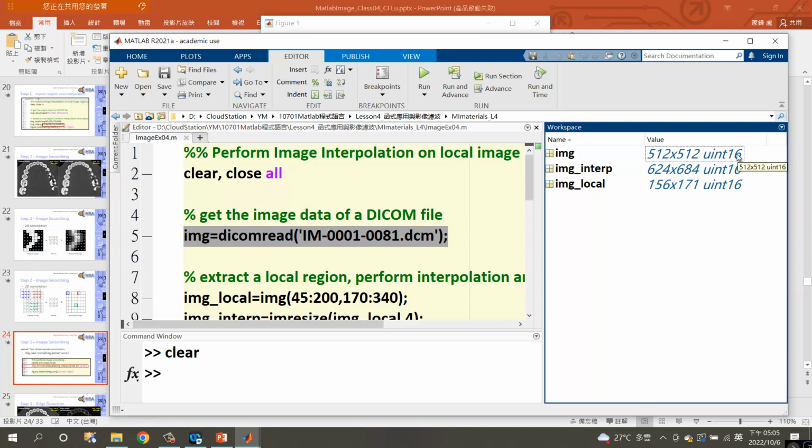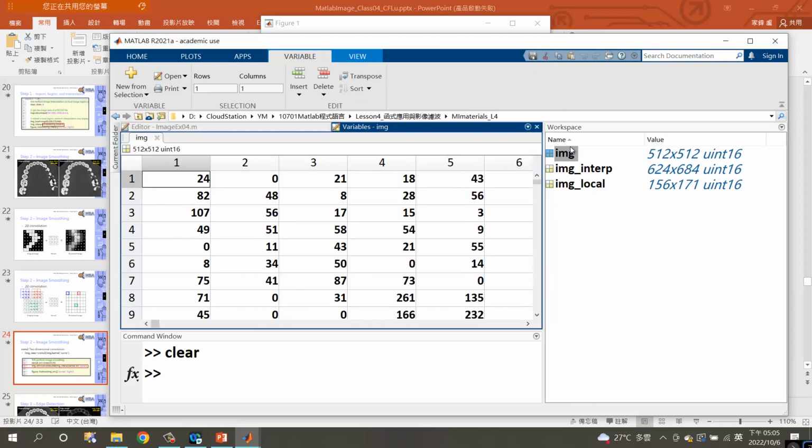UINT16 represents unsigned integer. Unsigned means they are always positive. So there is no, for example, -1, -2, no. Unsigned means it should be 0, 1, 2, or something larger than 0, right? And it's always an integer. So you won't see a floating point like 1.3, 1.2. No, it's always an integer. So you can just use the variable viewer right here. You can see it's always a positive